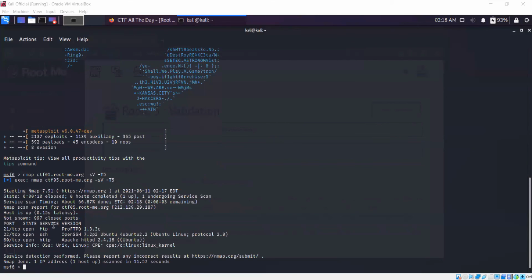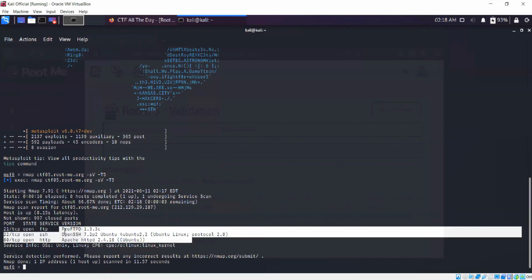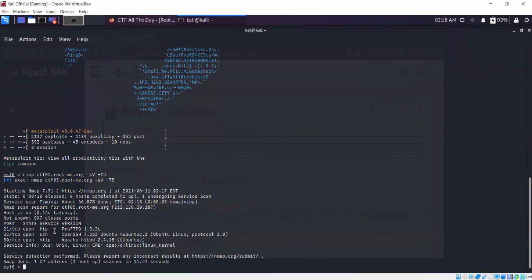All right, so there are 3 ports open. That means we can try exploits on all 3 of them. Let's start with the first one, which is the FTP port. FTP stands for File Transfer Protocol, so a backdoor on it is very common. A backdoor is basically a malicious payload that the user of that system does not know about. For example, in Windows, you could install a fake update that has a backdoor to your machine, and you could execute remote commands. That is usually done through Meterpreter reverse TCP, but more on that later.